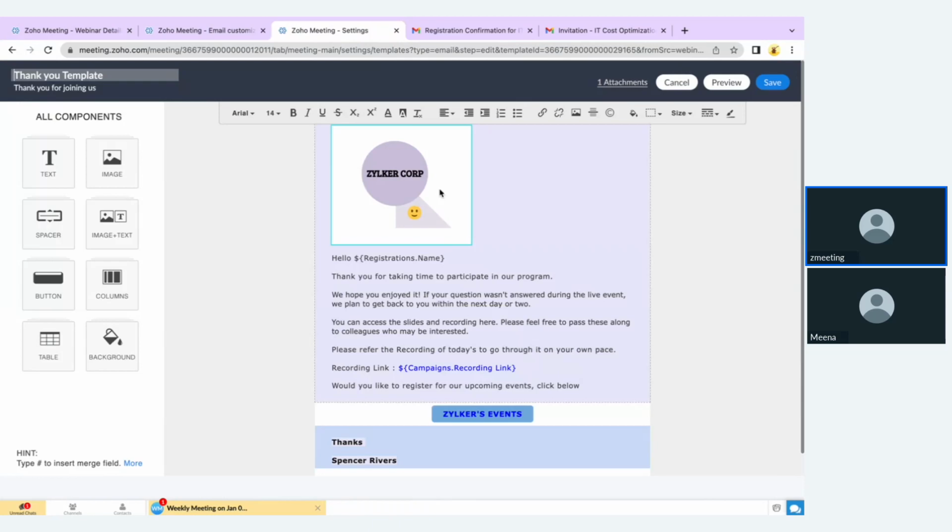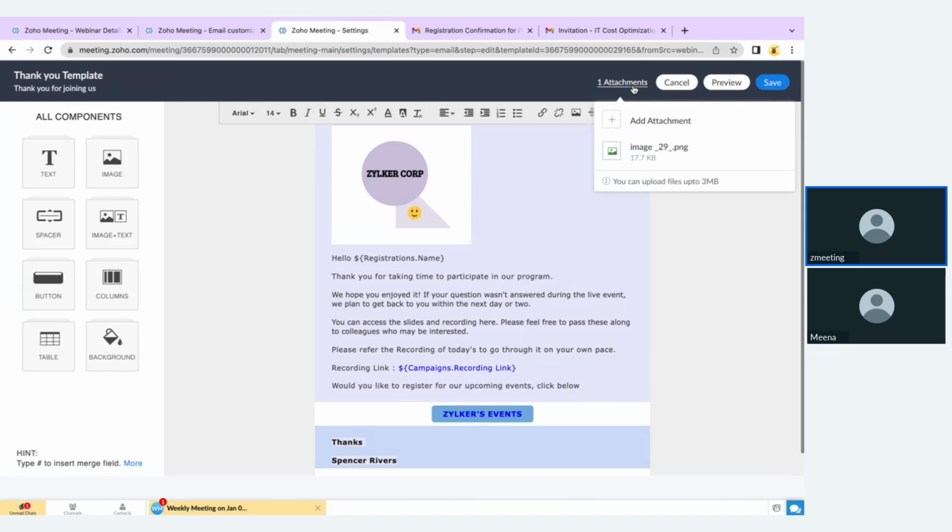So similarly, you can customize it with your own branding by uploading your company logo, adding company profiles, where you can let them know about your organization. And also you can attach documents if you want to send them to your attendees. So let's say if you're conducting a workshop or a training, you can just send out a certificate once the